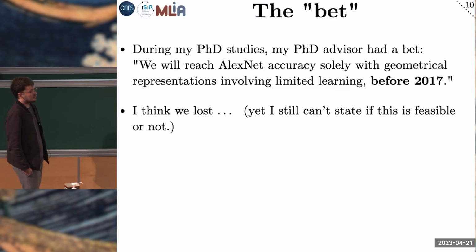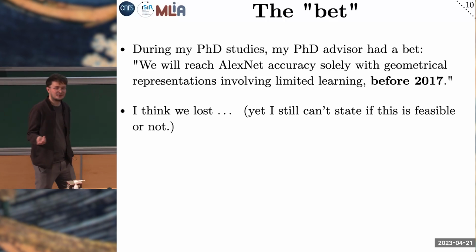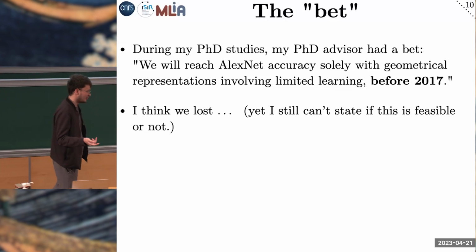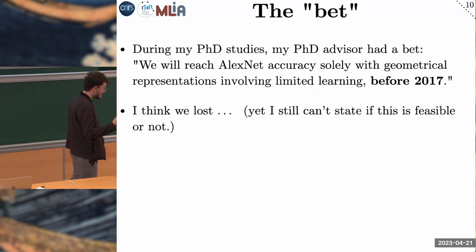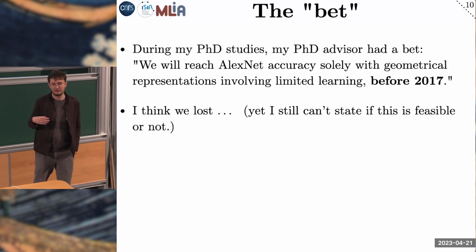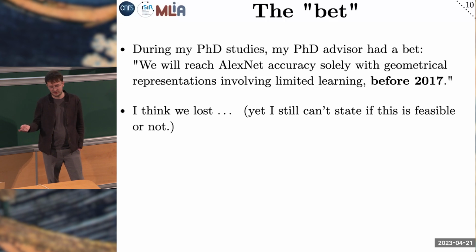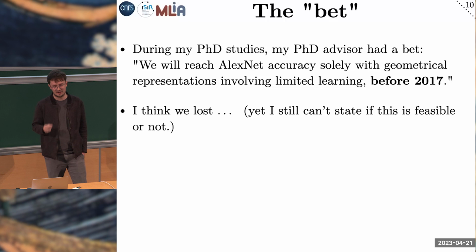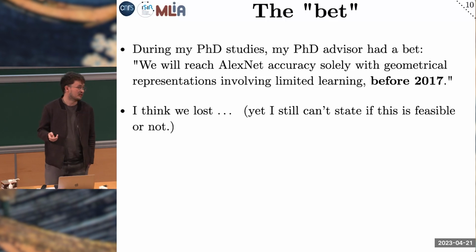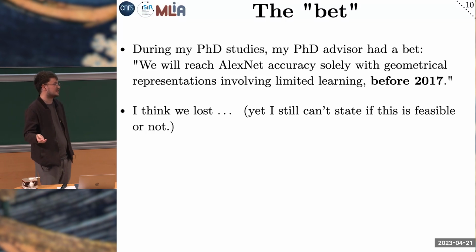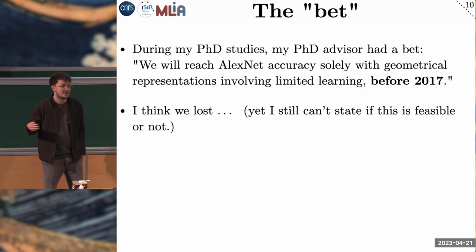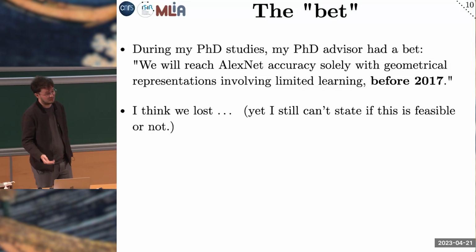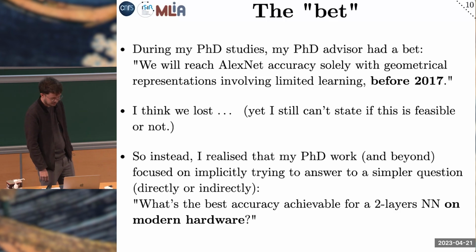So, despite the fact we lost, it's still unclear to me if it's feasible to reach an AlexNet accuracy by involving purely and solely geometrical arguments. What I mean here is to avoid any refinement that you could use with backpropagation or end-to-end training. That makes learning really tricky, because as you might know, deep neural networks have this tendency to specify the bias of their architecture thanks to backpropagation. So it's quite a difficult task.